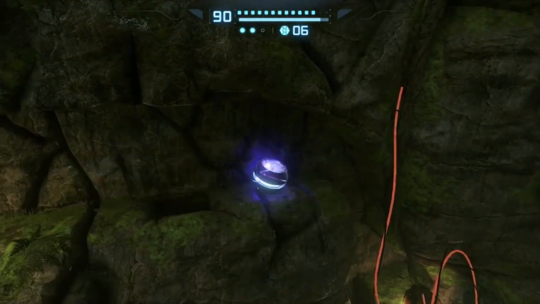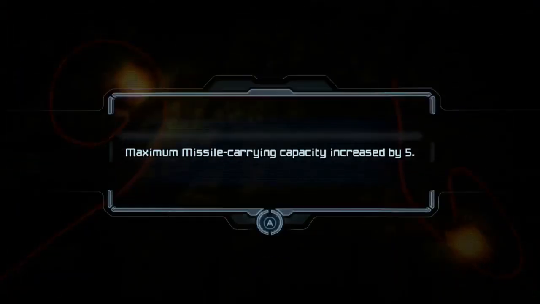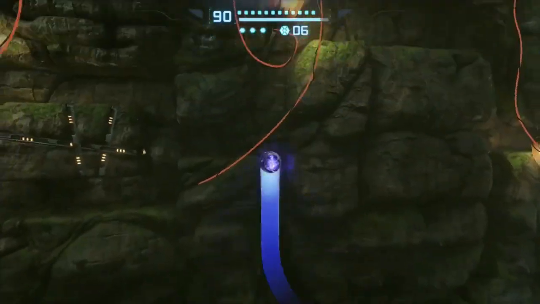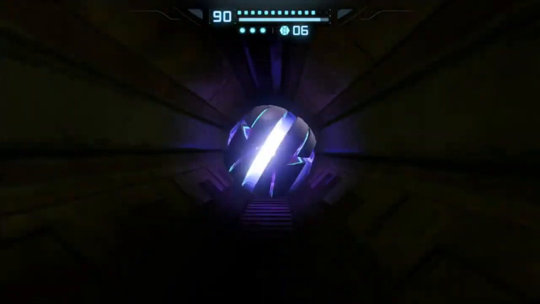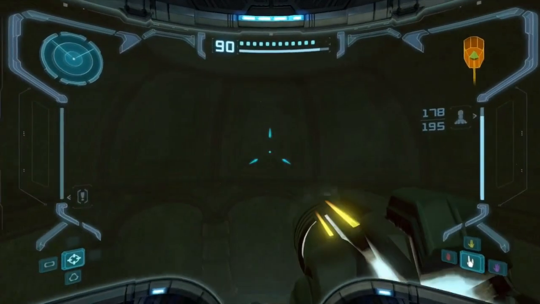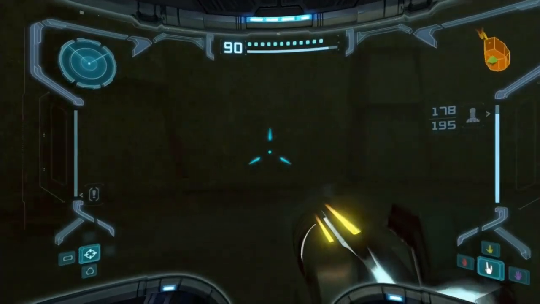Also, while it's fiddly to get up here, missile expansion tucked away. So the Varia suit was always there and you could use it as extra damage protection. Interestingly, you didn't need it for protection against hot areas. Norfair wasn't superheated. Now, the X-ray visor is useful. But I want to see